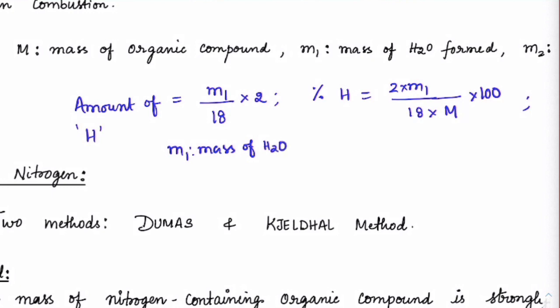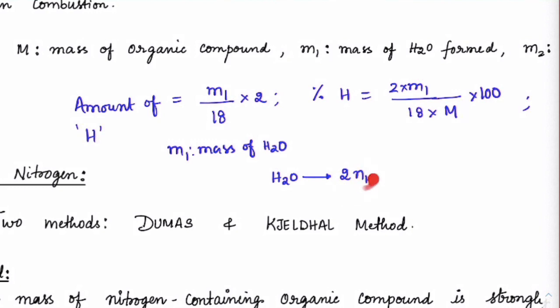So mass divided by molar mass, what do I get? Number of moles. Okay, I'll get number of moles, right? And you know that one water molecule will have how many moles of hydrogen? We have 2 moles of hydrogen. 2 into number of moles of water, correct? You have done POAC, no? Principle of atom conservation. So I am doing the same thing. Yes, sir. So 1 mole of water, I am writing it as 2 moles of hydrogen atom.